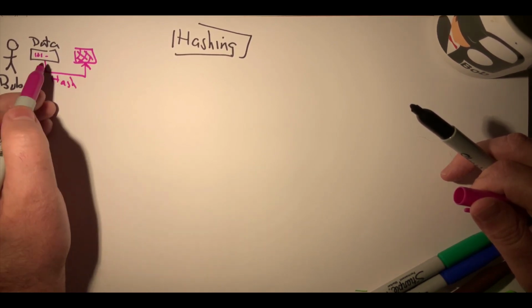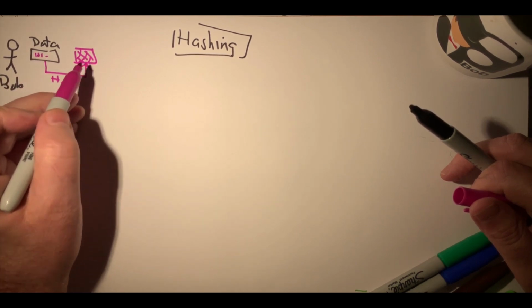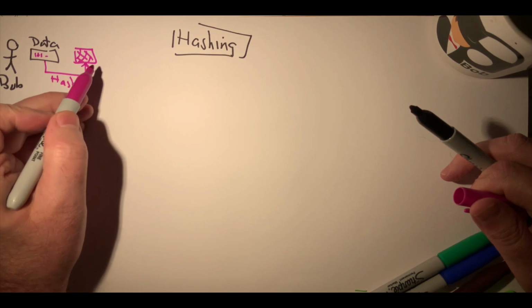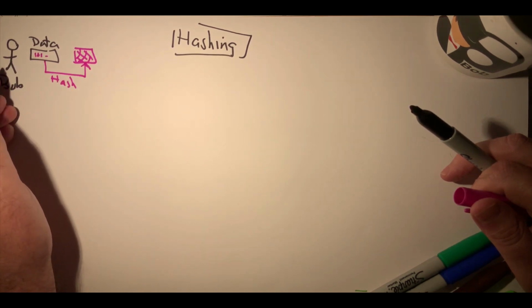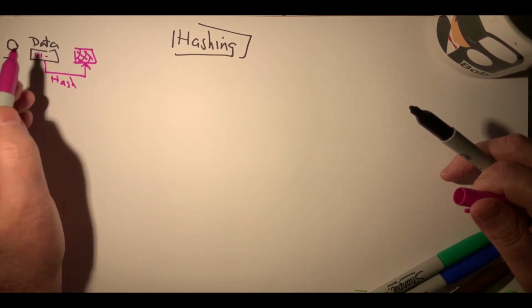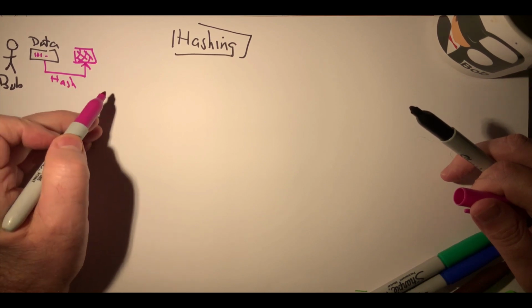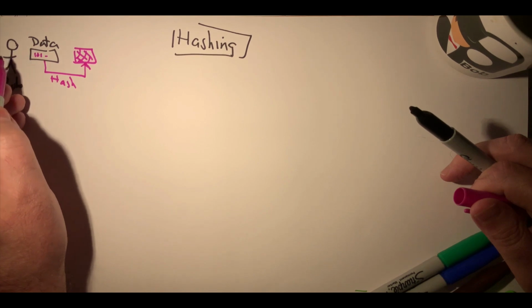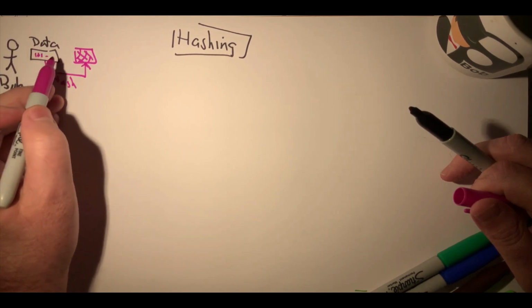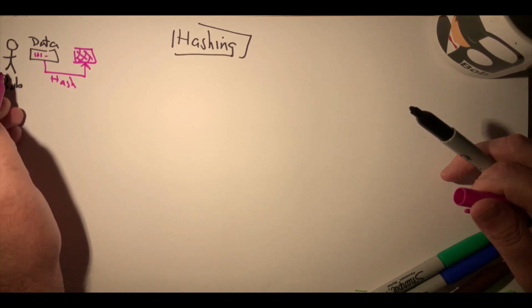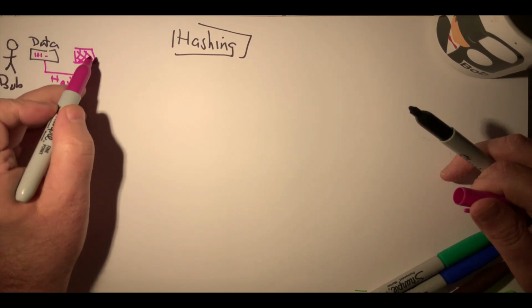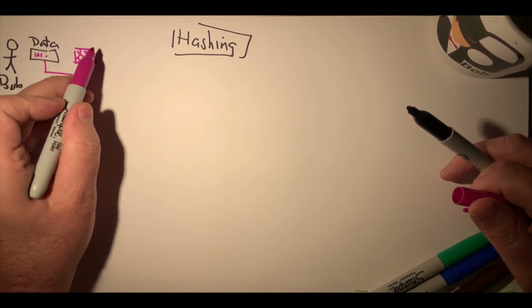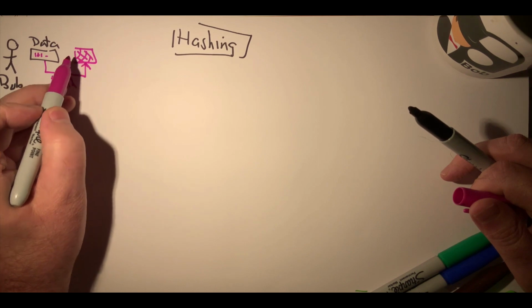We often use this in terms of verifying the data, but we might also use it to create what's called a hash signature. If Bob uses his private key to encrypt a hash, then his public key can be used to make sure that the data has been signed by him. But for just now, we'll just look at the creation of a hash.